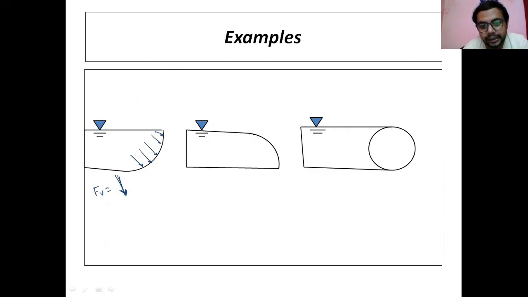In this other case, you see the resultant force. The net vertical resultant force Fv acts here as an upward force, because if you take the components, they all combine in this way. So the net vertical force here is acting upwards. In this example, the net vertical force will be